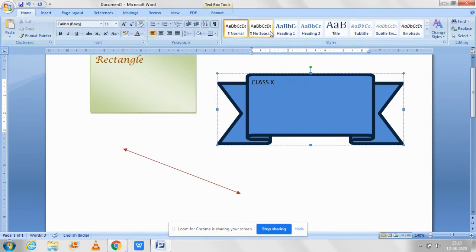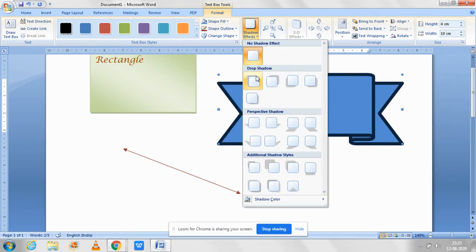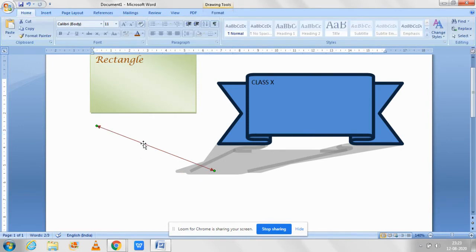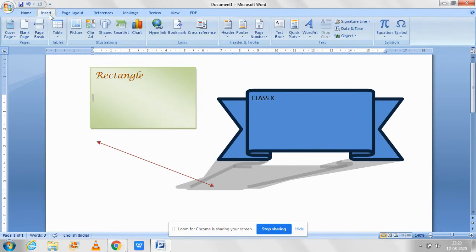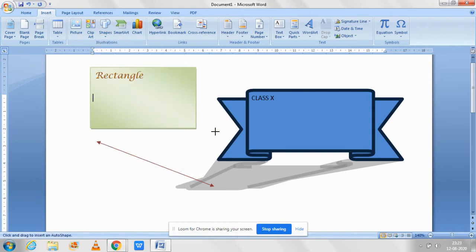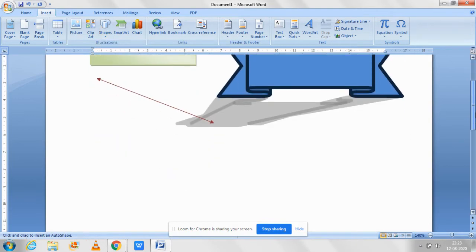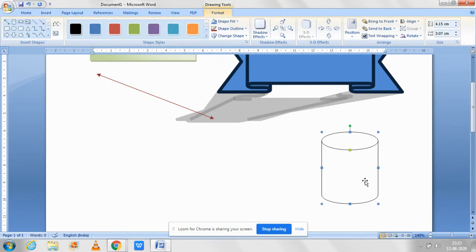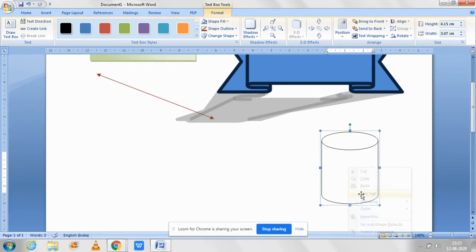And the most important thing, when you double click on it, suppose you want to change the shadows. So here you can use this for adding a shadow. So here the shadows can be easily given. Now the next thing, suppose you want to insert something according to your need. Here there are a lot of shapes, but you can use them according to your need. You can easily write the text here.